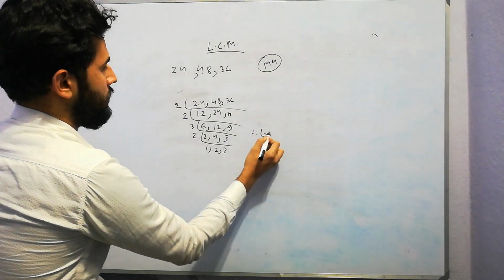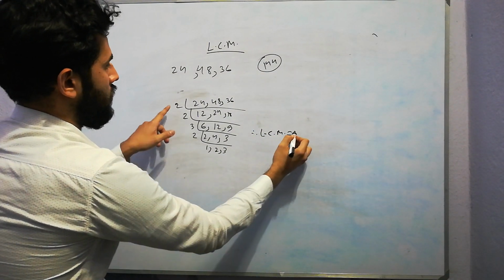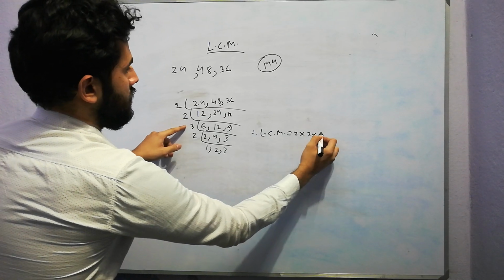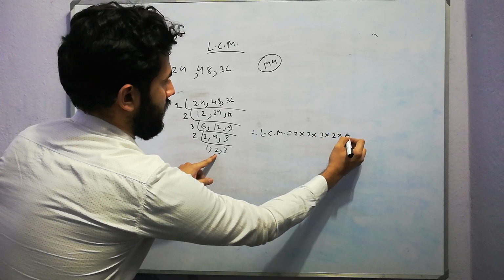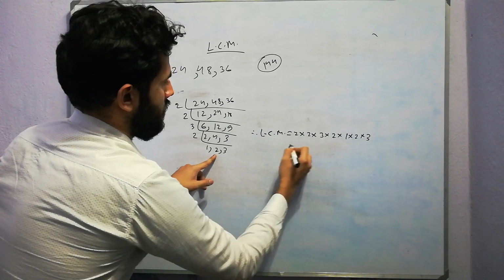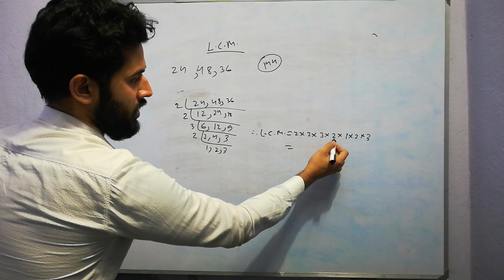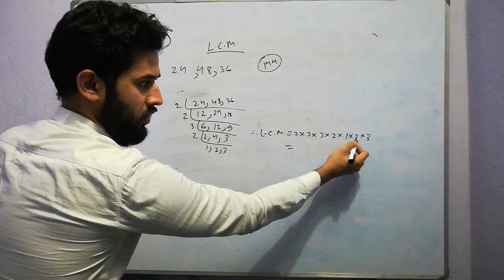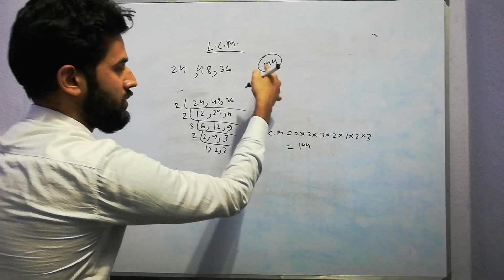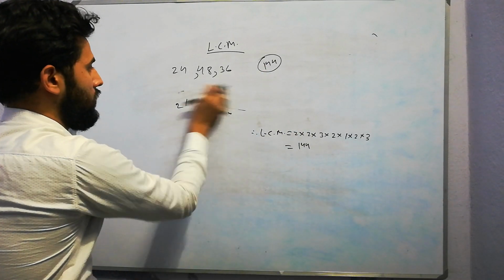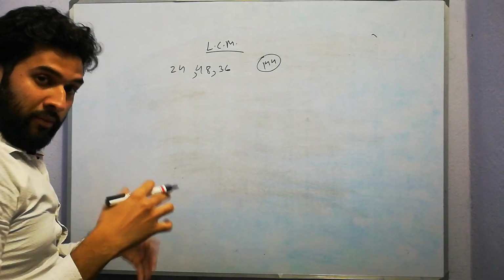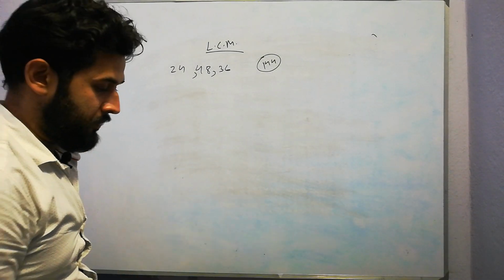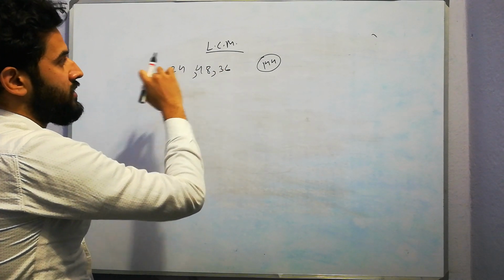Therefore LCM is equal to 2 into 2, 3 into 2. This one will not be taken, or you can take it also, no problem. We can say 2 2s are 4, 4 3s are 12, 12 2s are 24, 24 2s are 48, 48 3s are 144. The same number again. The third method is, again my mistake, LCM has only 2 ways. Now we'll go to HCF.